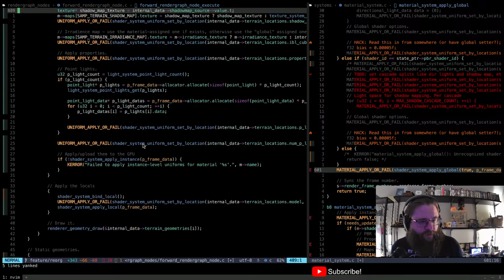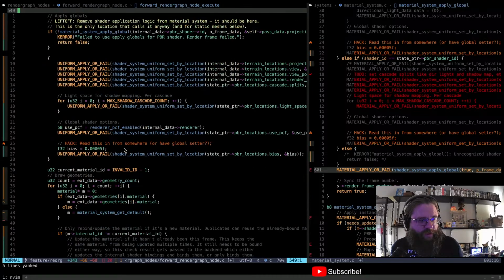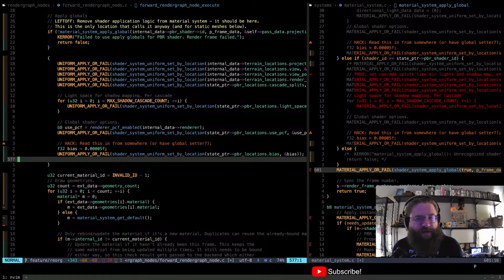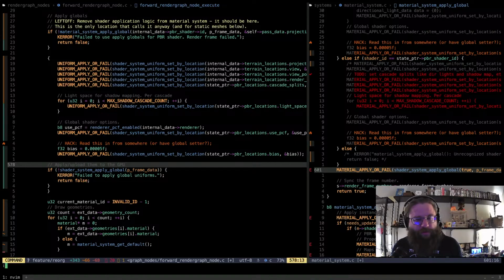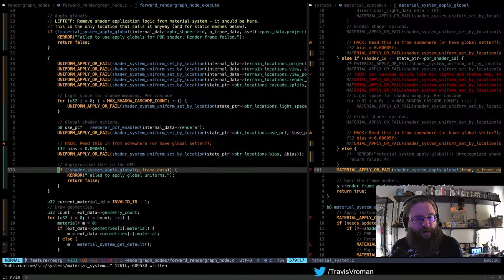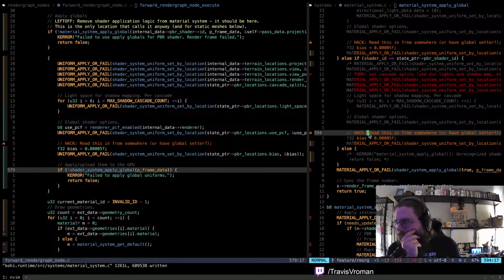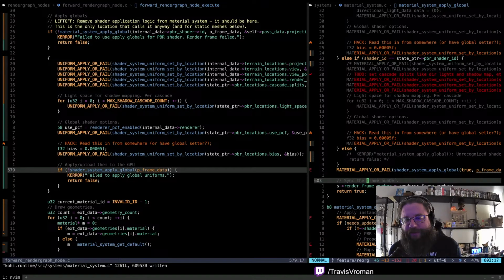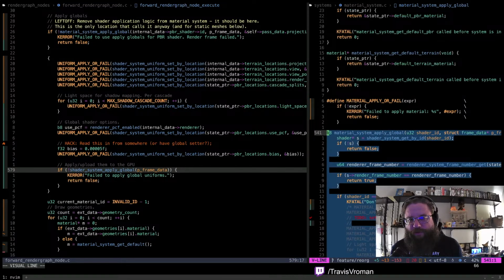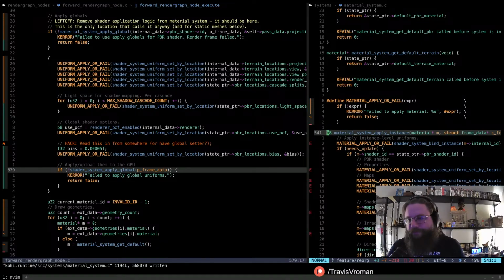All right, so we can come down here, right here at the end, and we can apply that. And that's going to do it for the globals. So basically what this means is this whole function here for applying global, gone. Don't need it anymore.